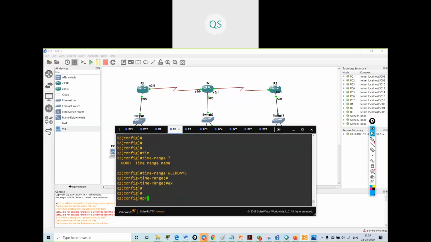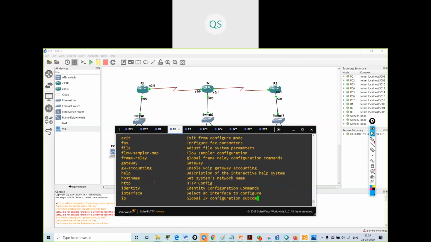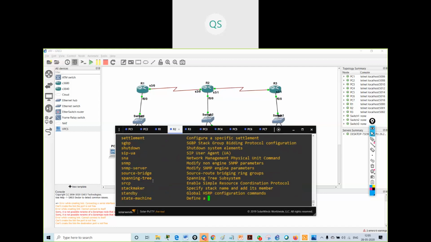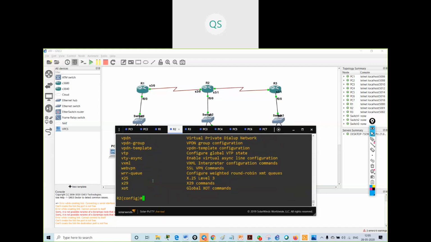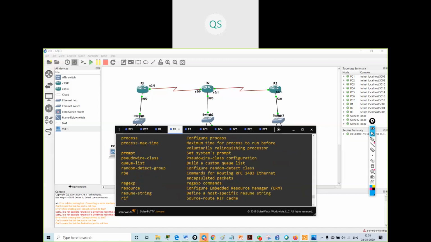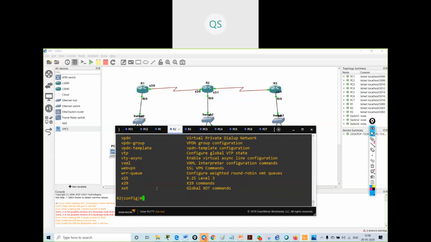Now I will come outside. I've configured this command.